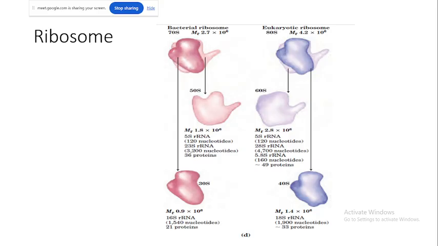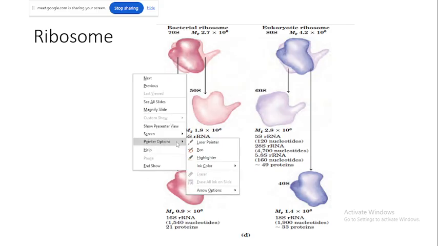The 70S ribosome in bacteria is composed of a 5S ribosomal RNA, which we discussed in the last class, and the 23S ribosomal RNA in the large subunit. In the small ribosomal subunit there is 16S ribosomal RNA. We saw in the last class that for bacteria the 23S, 5S and 16S are in the same primary transcript, right?